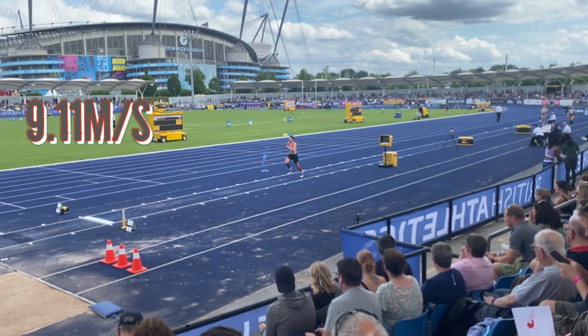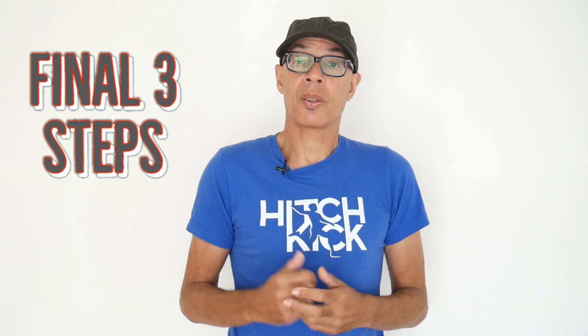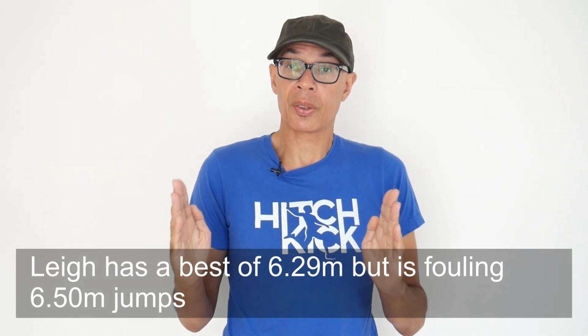The fastest speed she achieved in the 6 to 1 meter section was 9.11 meters per second. So you can see that this was a lot slower than the velocities achieved by Ivana and Quanisha. So we need to work more on her speed potential and the ability to develop that speed across the final 3 steps, which is something that I see in many jumpers, in that they're slowing down too much